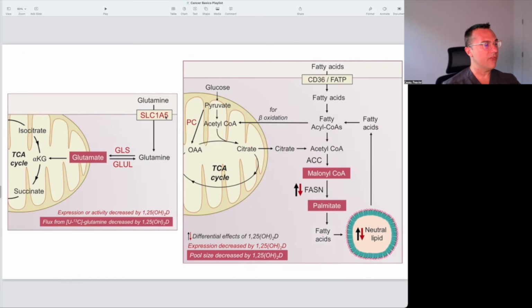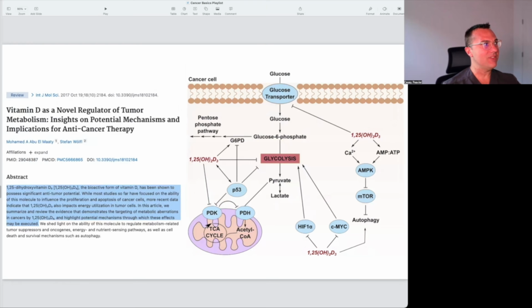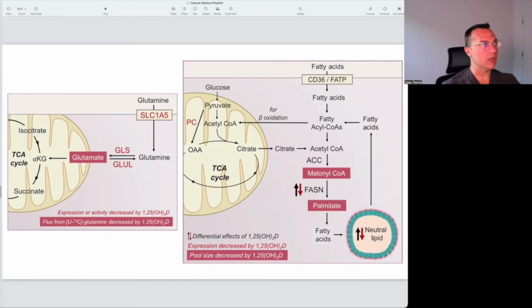And where it has effects at the level of glutamine is both in glutamine transporters, such as SLC1A5, or in the glutaminase enzyme GLS. Now, I think this is important to note. What is happening here at these sites is likely not a direct blockade. What's happening here is that when vitamin D is active in the cell, it's actually downregulating the overexpression of these